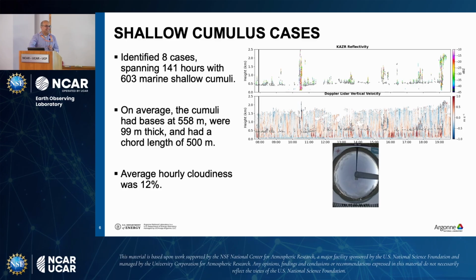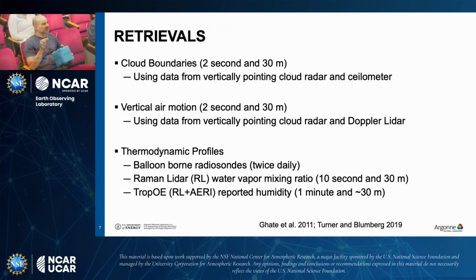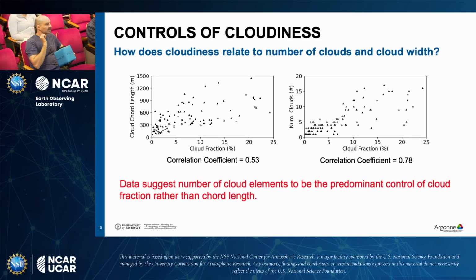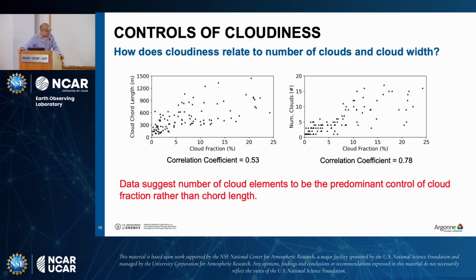Great talk, Virendra. I'm interested in your results for the chord length in particular. You showed the plot with a bunch of different values. Is this a mean or a median from each of the cases? What does that measure on the y-axis? Fantastic question. Attention to detail is pretty cool. That is the mean cloud chord length for each hour. That's what we are looking at.